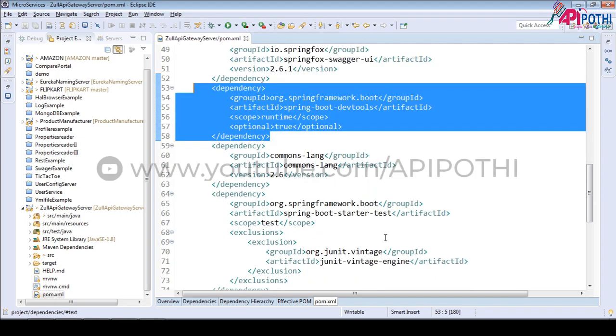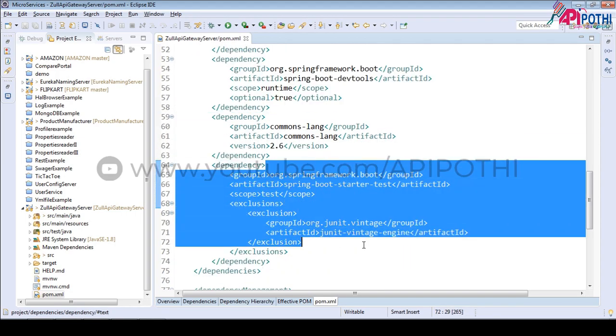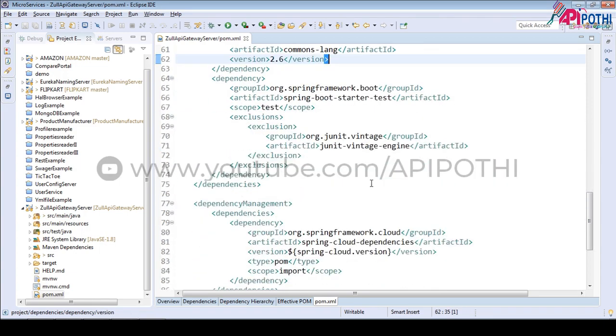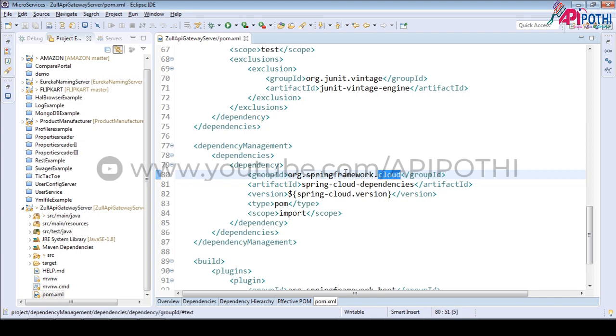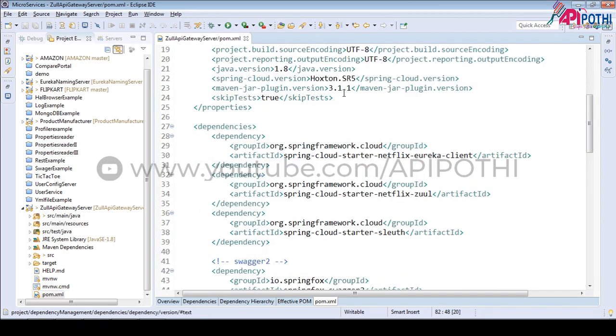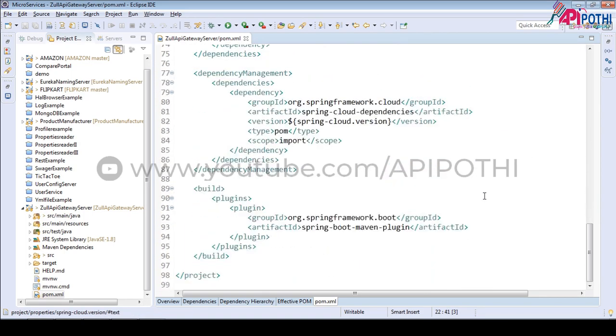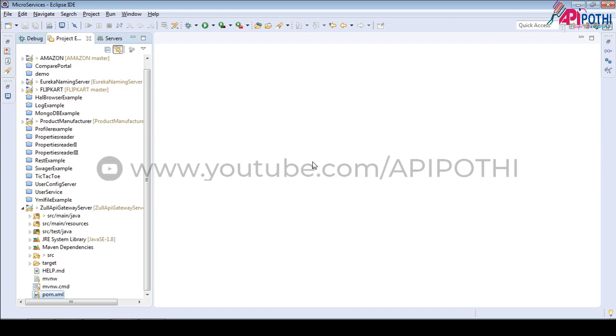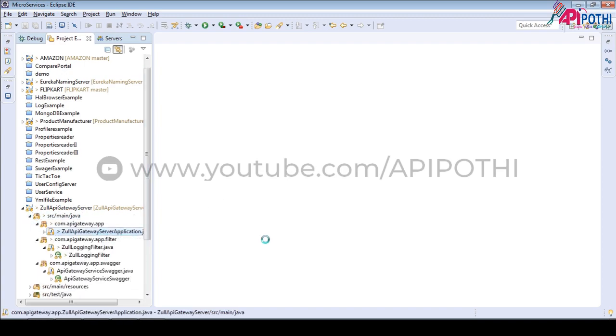This is the dev tool, and these are the Spring Boot starter test related JUnit dependencies. Lombok is not required even though it is there. This is the cloud related dependency management, where the version is SR5. That's all about the pom.xml of the API gateway.